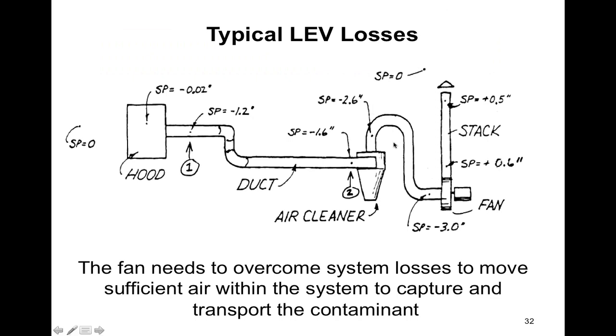Okay, if you go back, you have a bend over here. If you go back before the bend, it's down to 2.6 inches. Where'd you lose that suction? You lost it to friction in this duct because of that bend. And then if you go back before the filter, it's 1.6. If you follow the duct down and you make a turn over here, now it's down to 1.2. And at the hood, or in this duct, it's 1.2. At the actual hood itself, it's very low because the hood is large relative to the size of the duct.